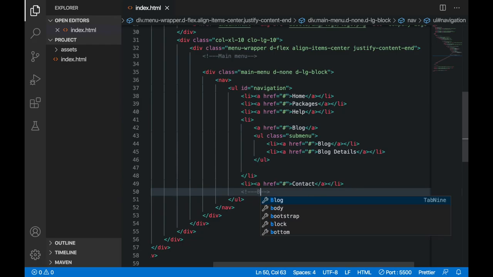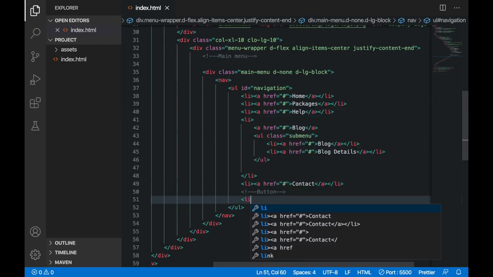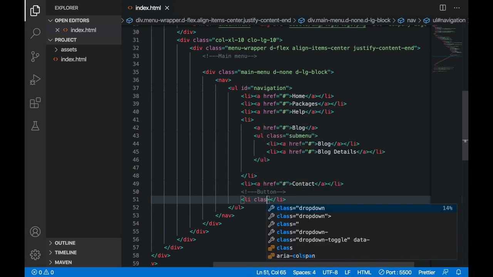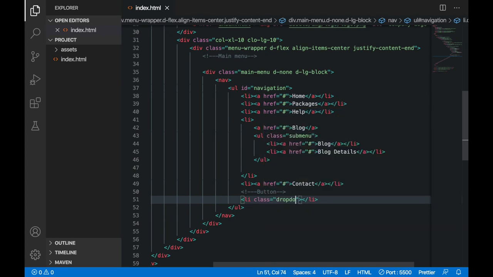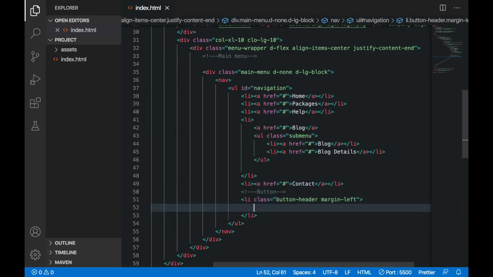I will just say button, and then I will make a list item here and give it a class name, and it should be button header, because I have already written the style rules for this class in my CSS file. And after this, margin left, this is just a bootstrap class, and inside this I am going to embed a link.